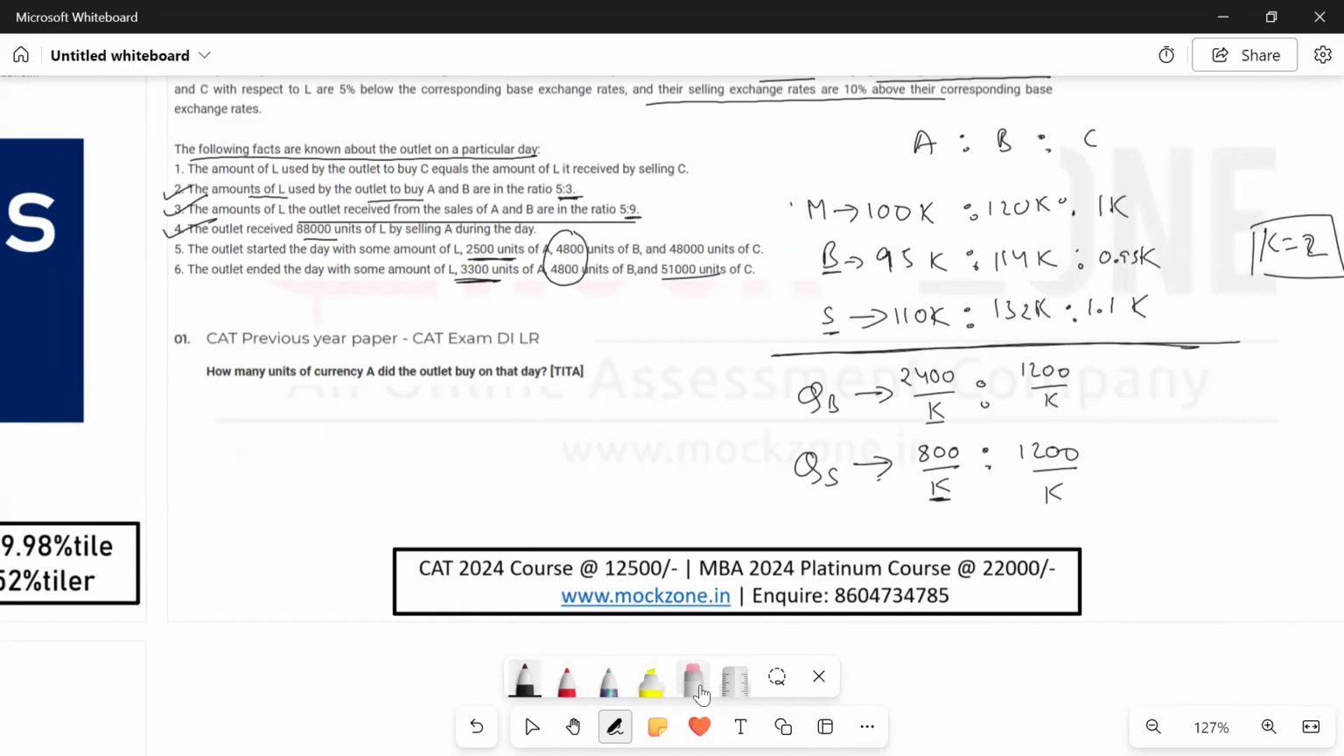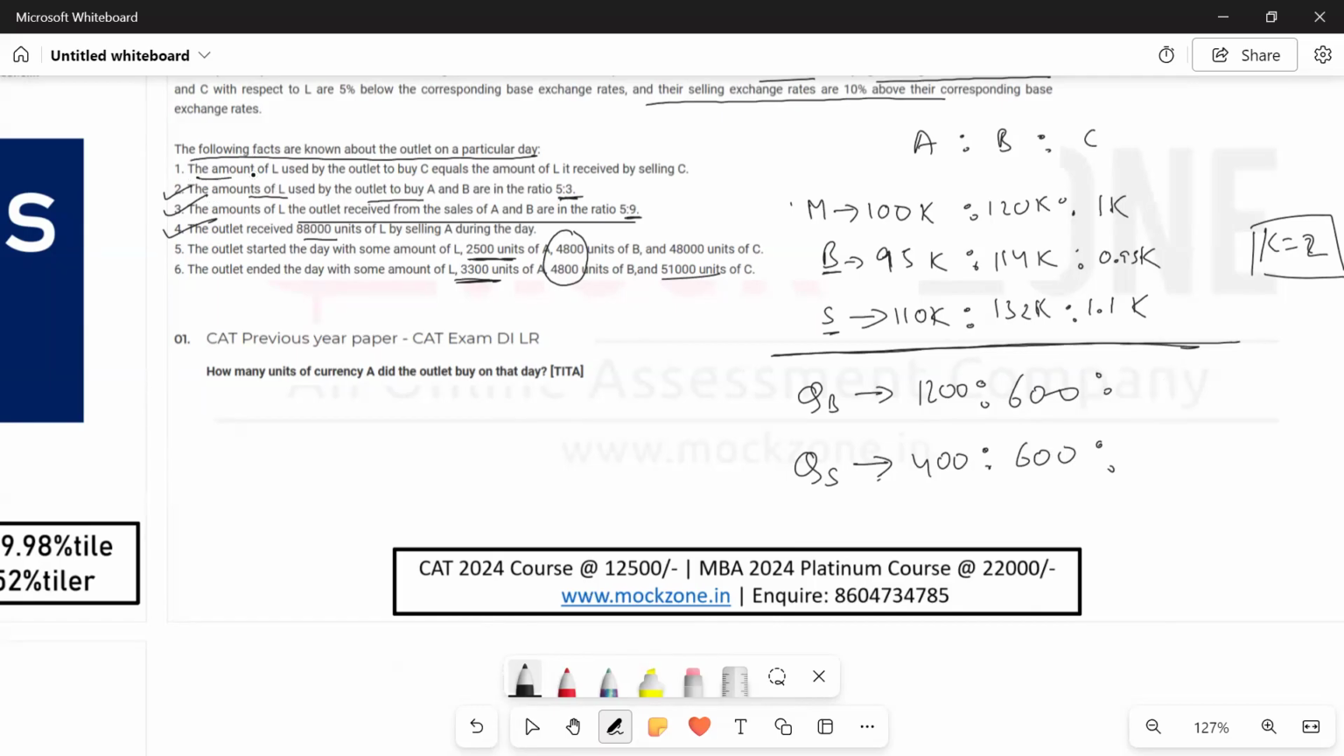Now if K is 2, we know the quantity sold, कितना हो जाएगा, ये सब divided by 2 हो जाएगा। This is 1200, this is 600, this is 400 and 600 respectively, 400 and 600 respectively। हमें अभी C की वैल्यू नहीं पता है कि C कितना सेल हुआ है और कितना बाय किया है हमने। ठीक है, हमें इतना पता चल गया अभी तक।